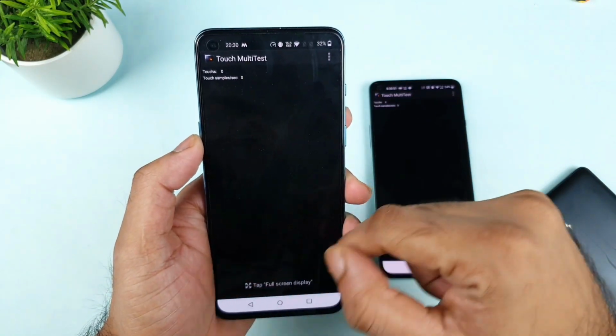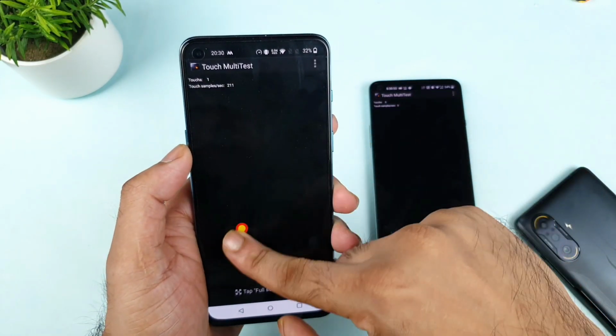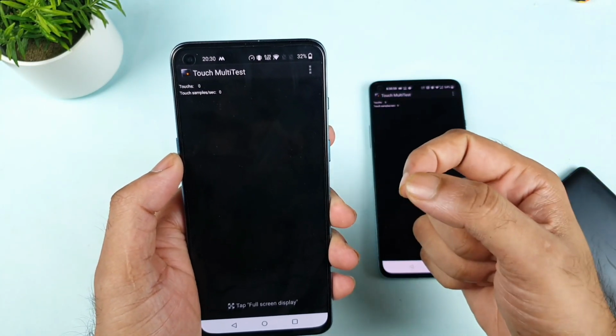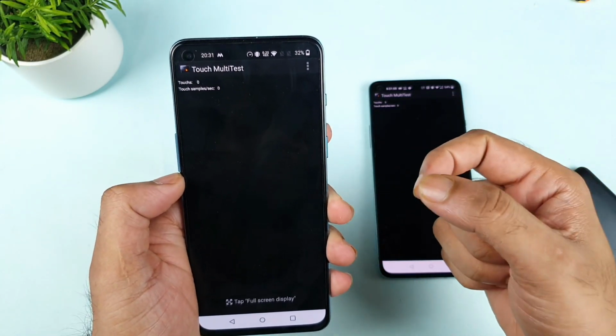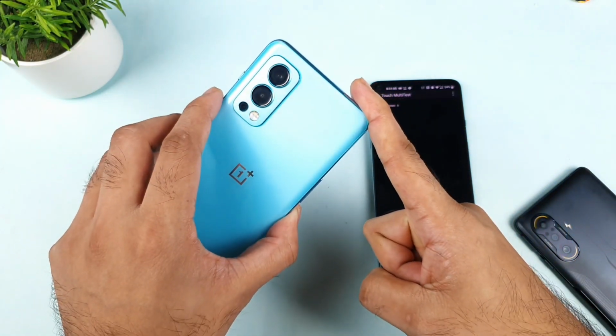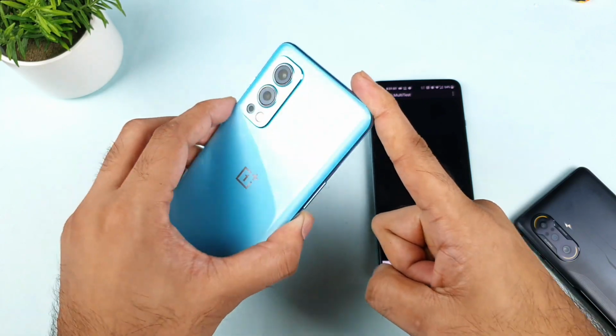Right now in the OnePlus Nord 2, things are completely different. It's showing only 210, as you can see. So 210 minus the 90 Hz refresh rate. So how much are you getting? 120 Hz in this OnePlus Nord 2. How much are we paying? 30,000 rupees we are paying for this OnePlus Nord 2, and we are getting a 120 Hz touch sampling rate in this phone.